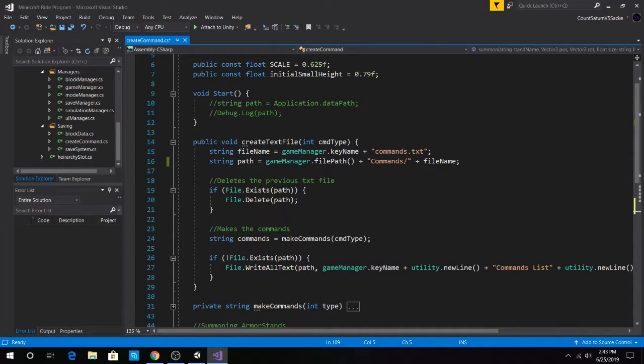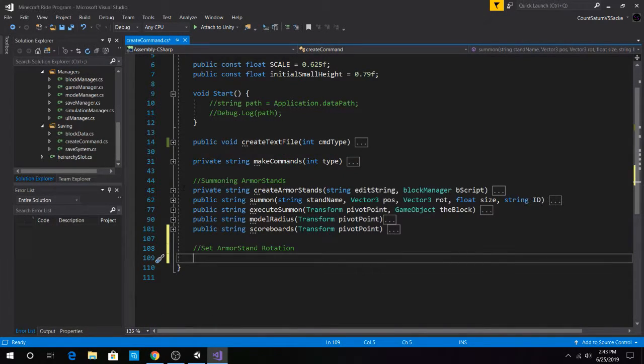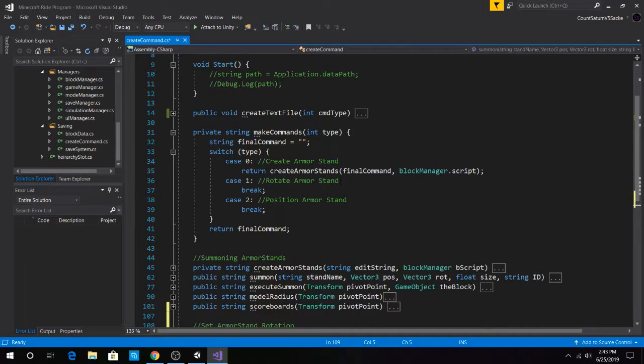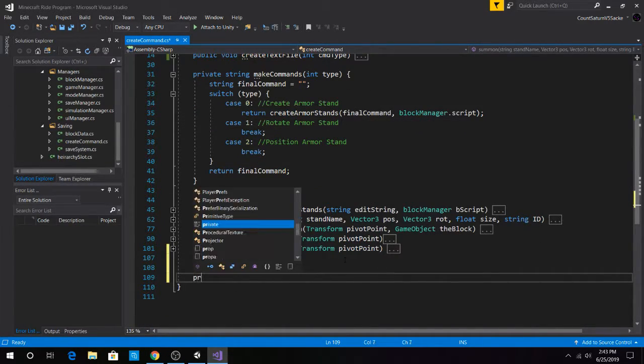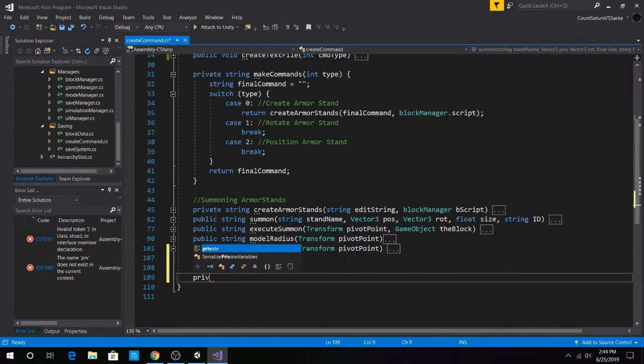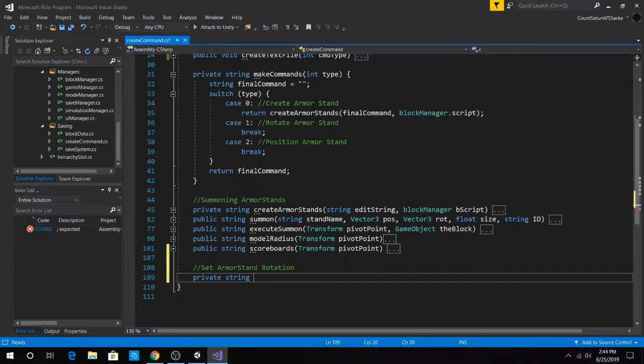So let me go get that. In this case, rather than that, we do a private string. We do not create armor stand. We do rotate armor stands. And what we do is we take in